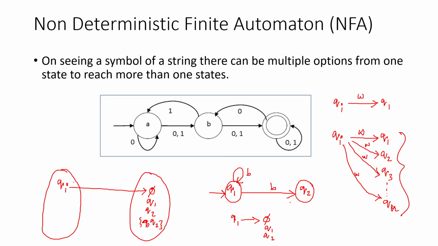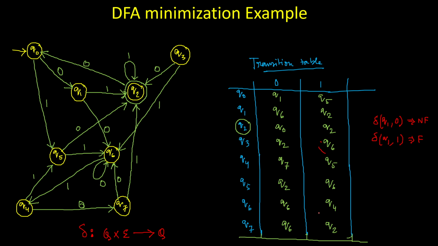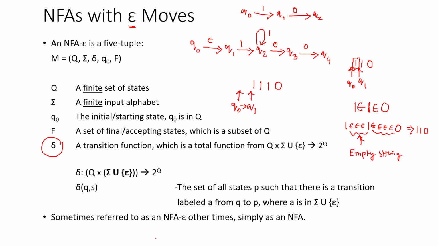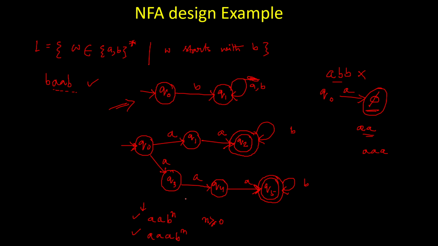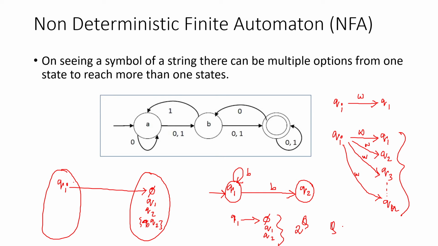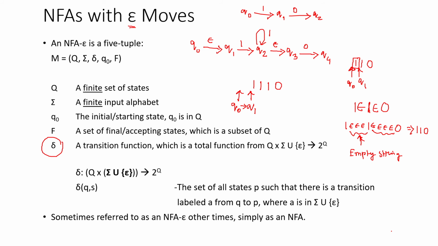So the number of possible options that you have is basically 2 to the power q, where q is the number of states. And here is the difference with respect to the DFA. In case of DFA, we had Q with sigma to Q, but here it will be Q with sigma, you can reach any subset of the combination of the states, that is 2 to the power q. But now if you involve the epsilon here, this sigma will be basically